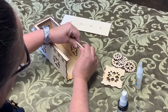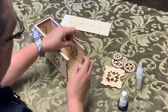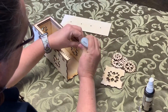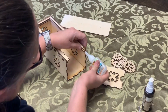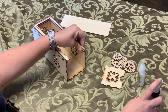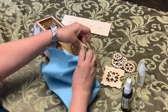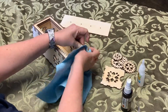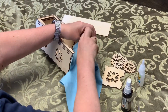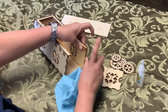This side didn't get glued on very tightly, so I'm going to go ahead and put another drop of glue right here on the end to make sure that the ends stay glued together nicely. Now the one place I don't want extra glue is in this channel. So if I'm adding glue to the channel, then I want to make sure I wipe it out before I spray so I don't get...